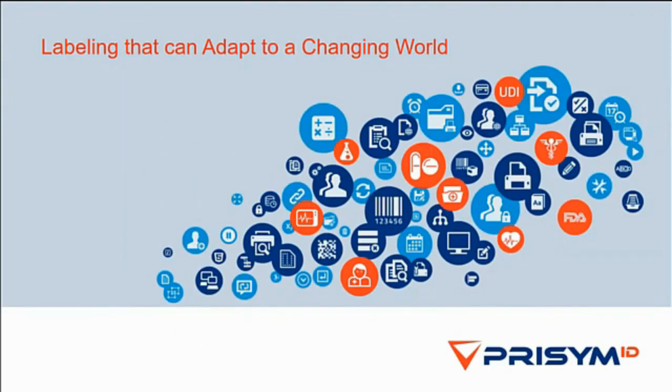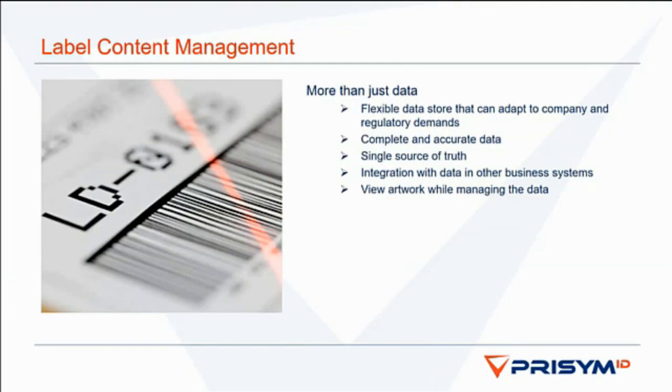So how should your labelling system look in this new world? A modern label solution is as much about the data that is used on the labels as it is about the label designs themselves. The data needs to be structured in a way that makes sense to your company. And the things I would emphasize here are your ability to enter data, your ability to then maintain that data, approve it, and then how that data is consumed. Making sure that you cover those four components is critical to getting a system that can meet your current requirements, but can also support your business in the future.